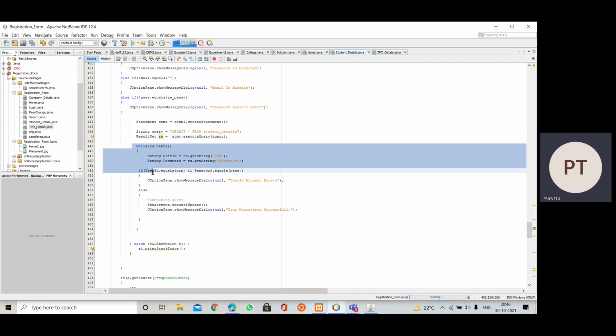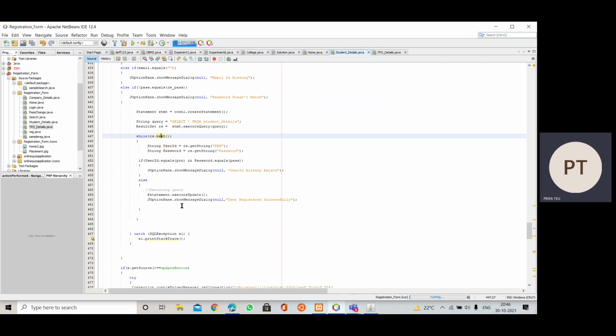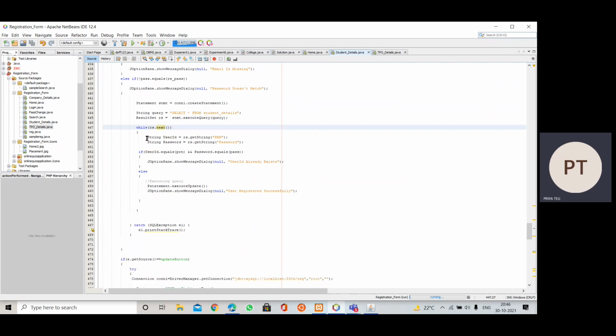This acts like a cursor, it iterates through the rows inside our table. For that we need to iterate through the table, so we take a while loop. We have the .next method to iterate through the tuples. What we need to check is whether the PRN is registered before.